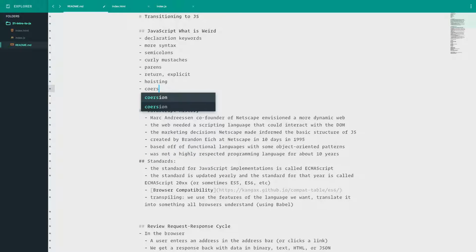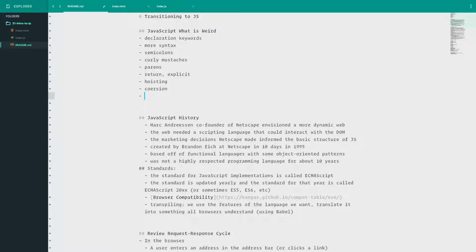Yes, coercion. What about functions? What's different about functions? Having to use the parentheses to invoke the function. Yes, having to use parentheses. What about passing functions into functions as parameters? Cool. Yeah, you can do stuff like that.